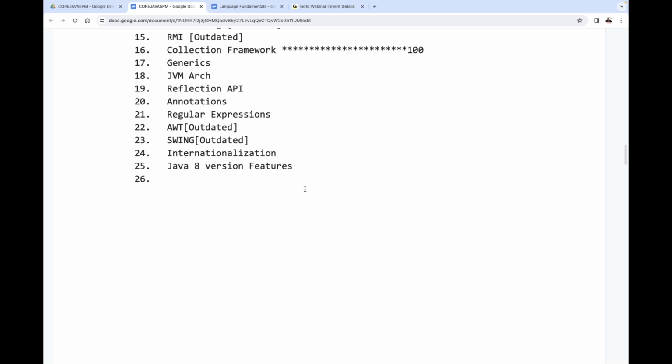After completion of this, next one is Java 9 version features. In Java 9 also, so many new topics are available. But unfortunately, Java 8 is a successful version, and Java 9 is a failure version. All features were copied from other programming languages into Java 9. Then after this, next one is Java 10 version features,